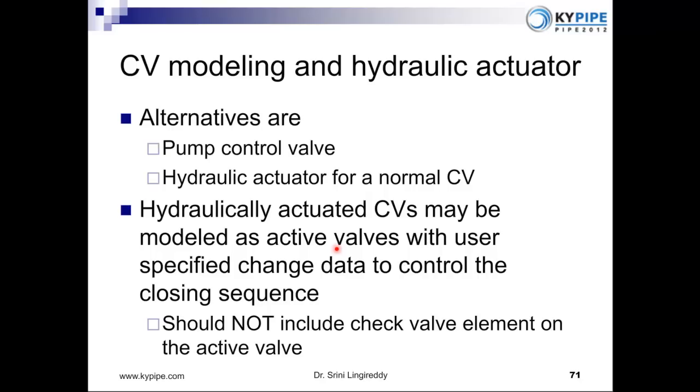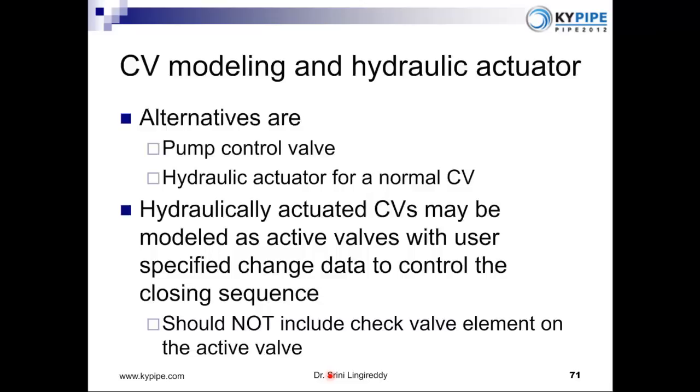I did many models on very large pipeline systems. We're talking about 2-meter diameter pipeline, 2-meter diameter check valves. It's very hard to get a swing type check valve of that diameter. So the best way to handle flow reversal there is to have a butterfly valve or a gate valve or some other device there with a hydraulic actuator that opens and closes in a controlled manner. The closing times in some of the models that I worked with are almost like 30 seconds. The first 15 seconds, the valve closes by about 90%, and the remaining 10% is closed in the next 15